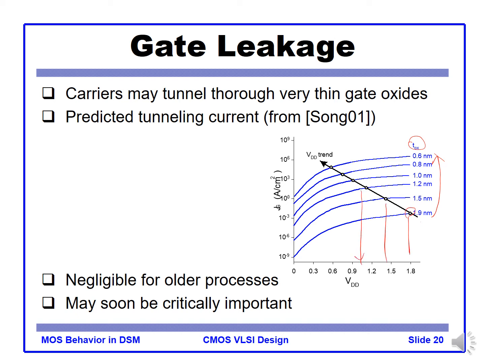The device cannot handle such high voltage. So for finer process, the oxide thickness goes down and supply goes down. As you can see, the gate leakage going up and up, right? So for finer process, gate leakage can be a big effect, and we have to take that into account,